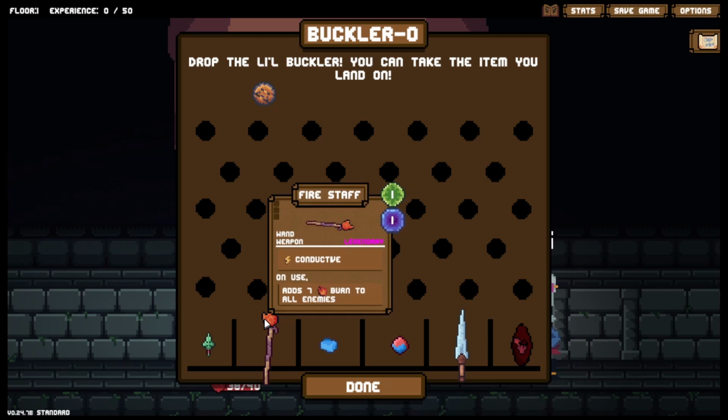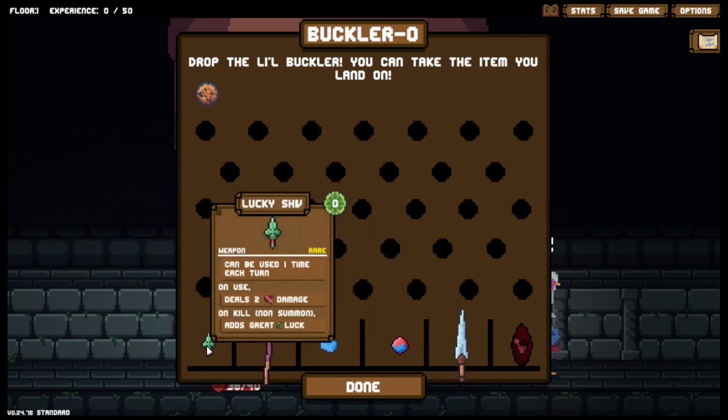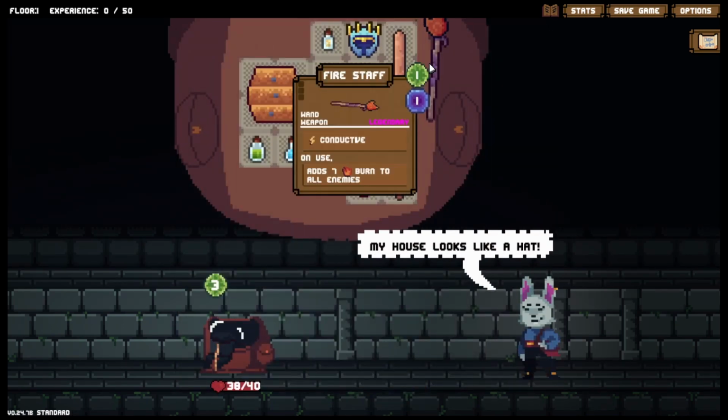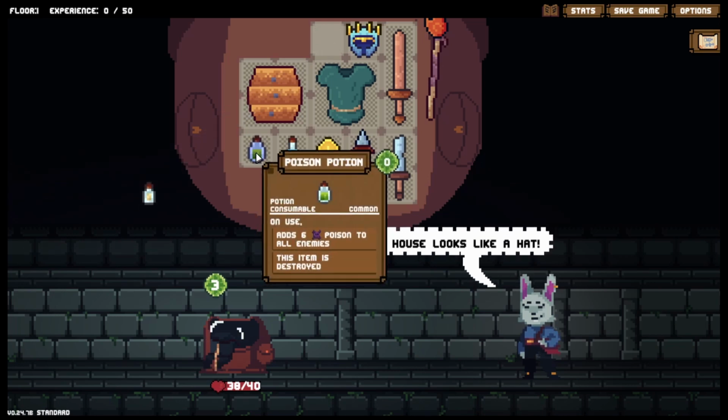Damn, that's cool. I want to go into wizardry. What's this thing? Lucky Shiv. We use 1 time each turn, deals 2 damage on kill, adds great luck. That impacts your drops at the end of a fight. So let's go here. I want any of this stuff really. Oh, hell yeah. Okay, so now I gotta make room for this dumb thing. It's huge. I don't have any mana yet, but, so I'm gonna get rid of, like...